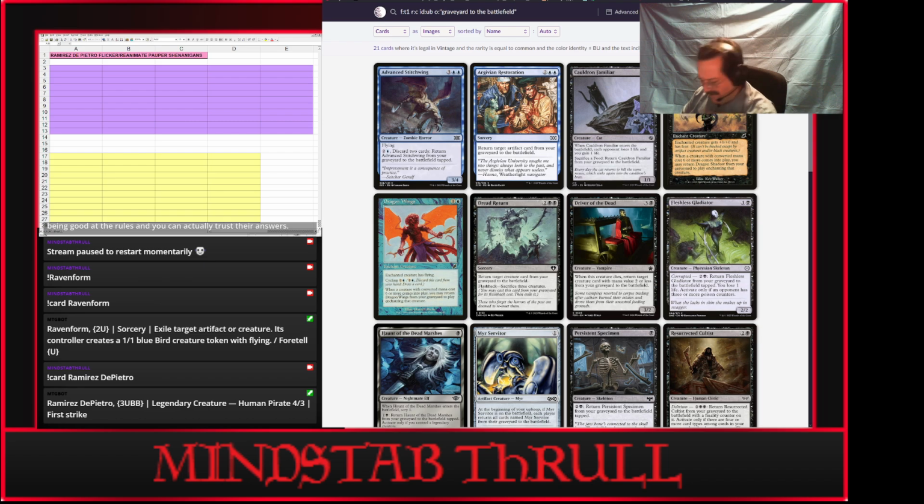Now, I think the first question is, how much flicker and reanimation do I want? I want a healthy amount of bodies to work with. So I think I'm going to start off with, if I have, let's say, 22 bodies that come into play to do a thing. If I have 20, 25, somewhere in there, that come into play and do a thing, then I think it's fair to say